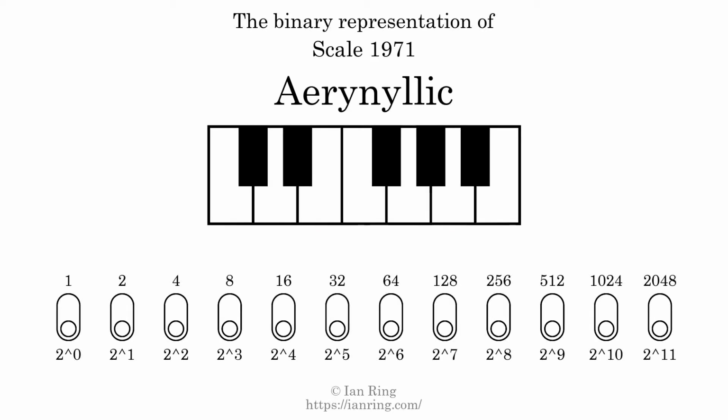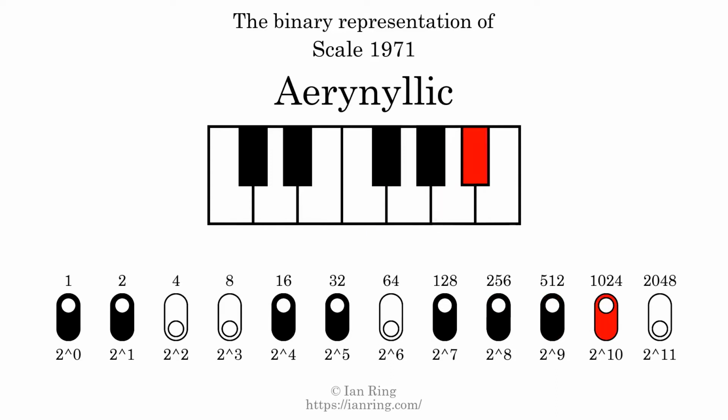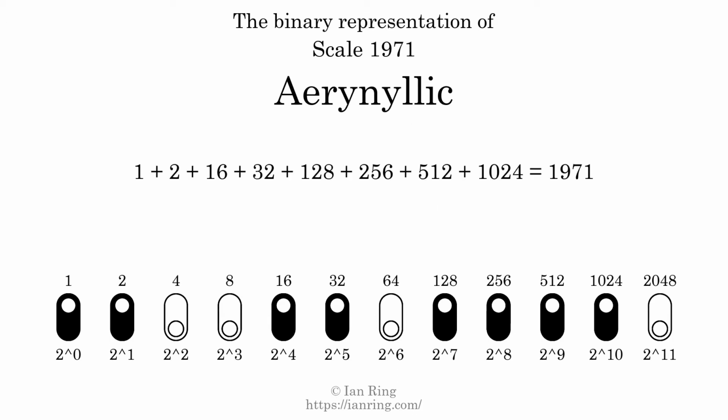The binary representation of this scale is determined by mapping tones of the scale to binary digits. Each binary digit represents a power of 2. To get the scale number, we add the powers of 2 together. The powers of 2 that are present in the scale, all added together, equals 1971. That is why the scale number, in decimal, is